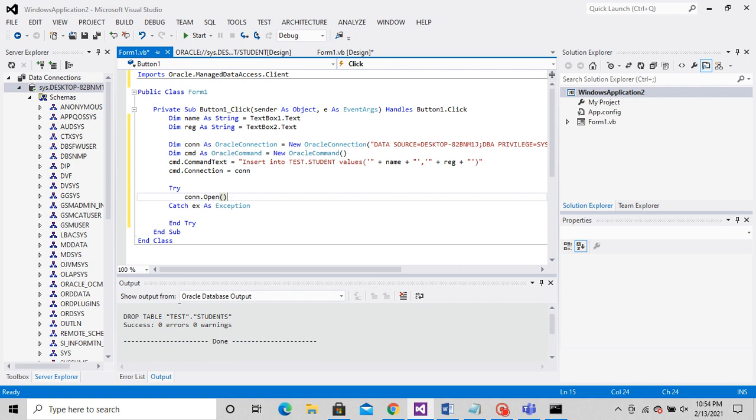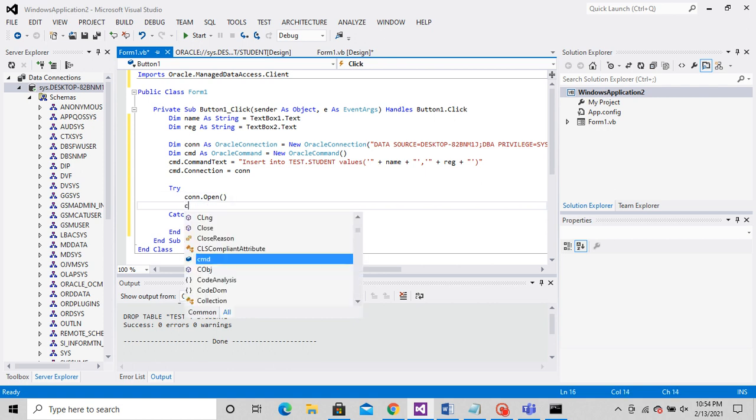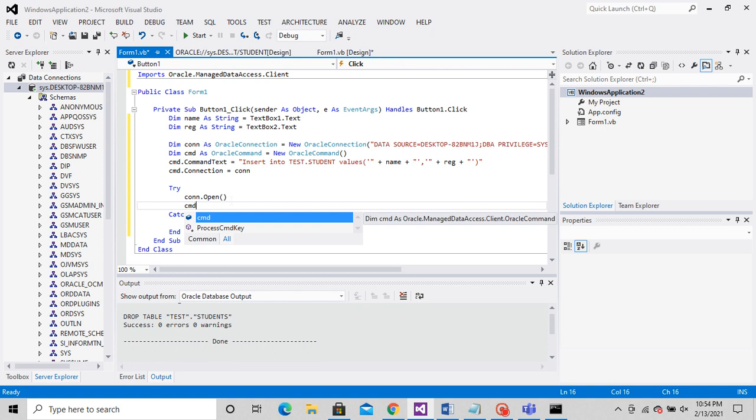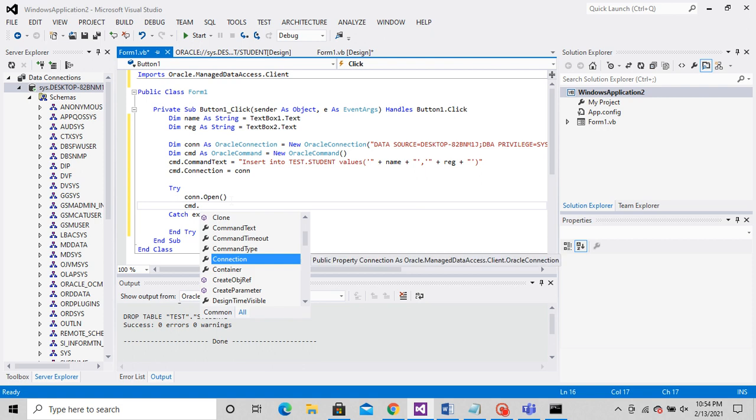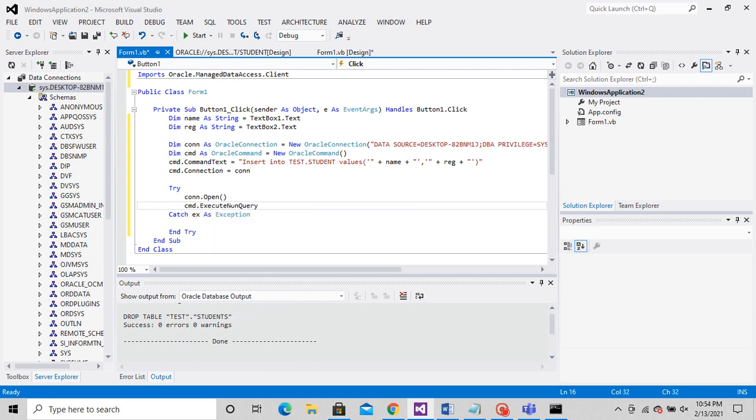We are opening the connection. I have kept it inside the try block, since if any runtime errors occur, those will be caught in the catch.